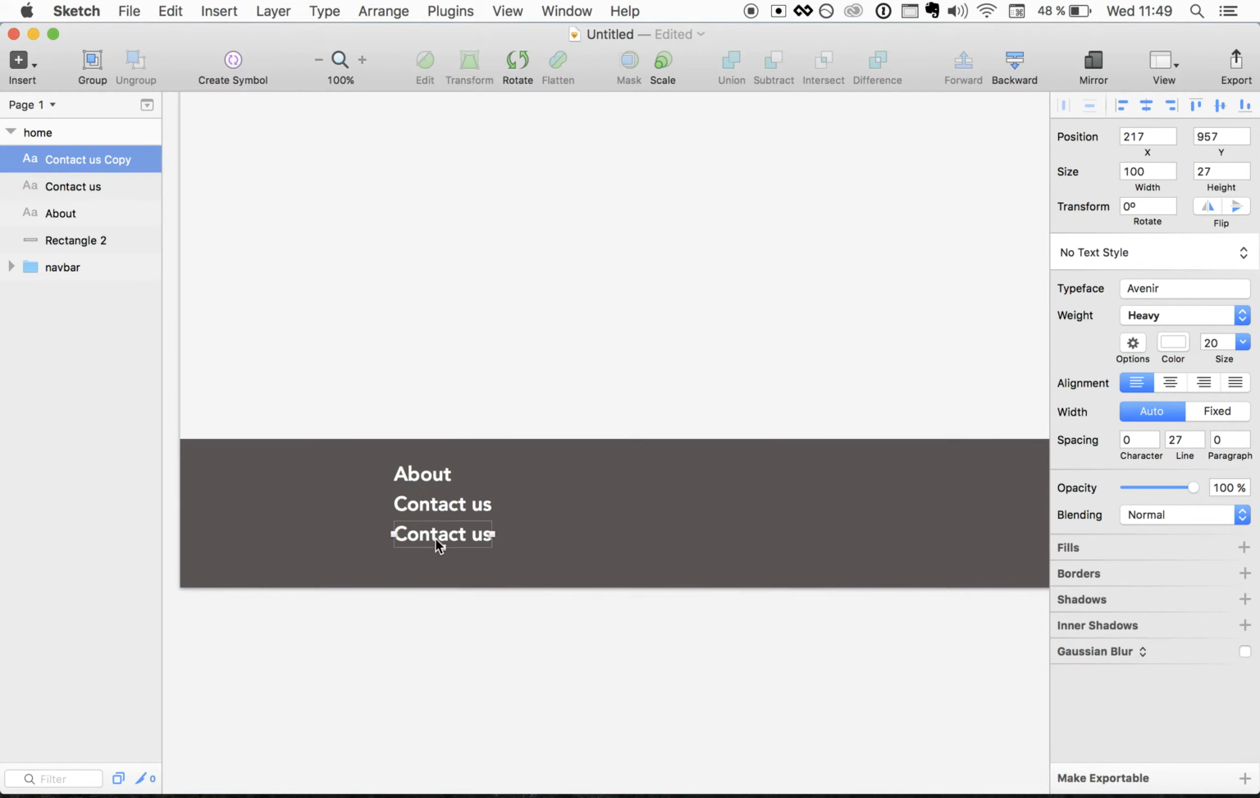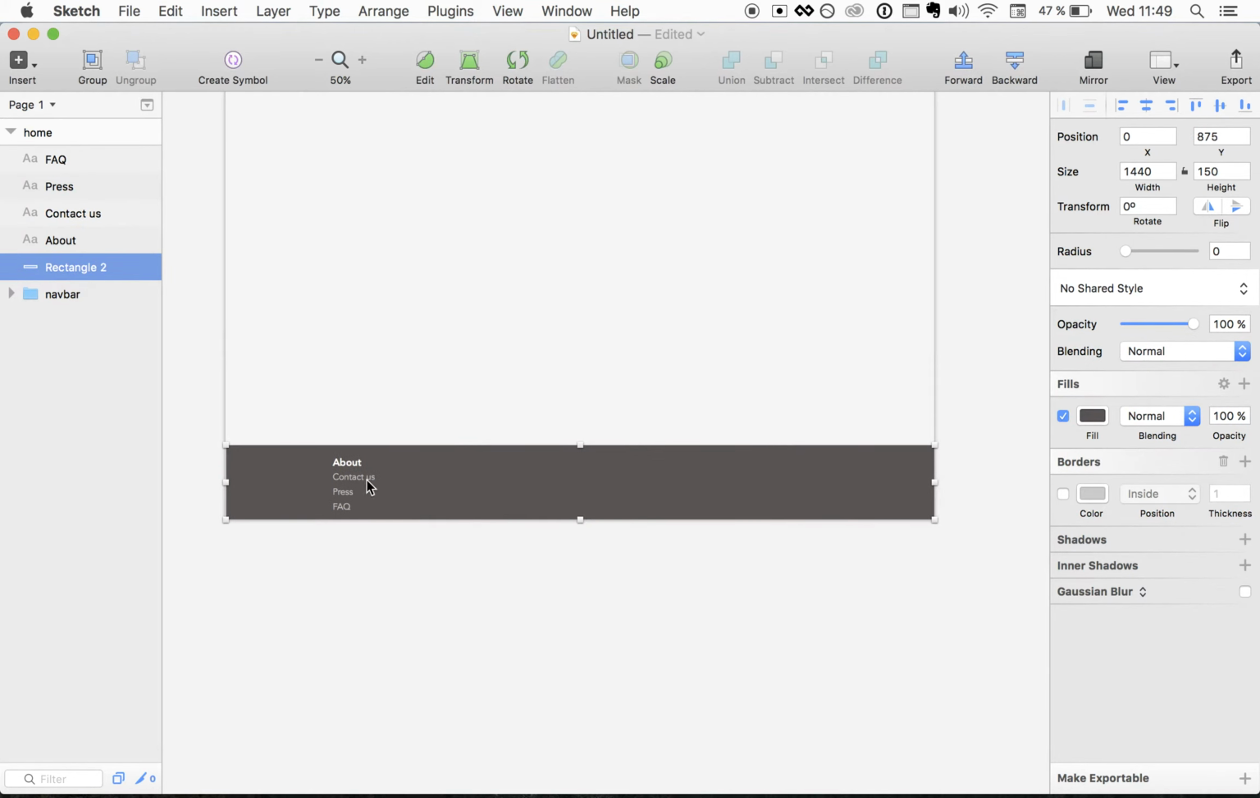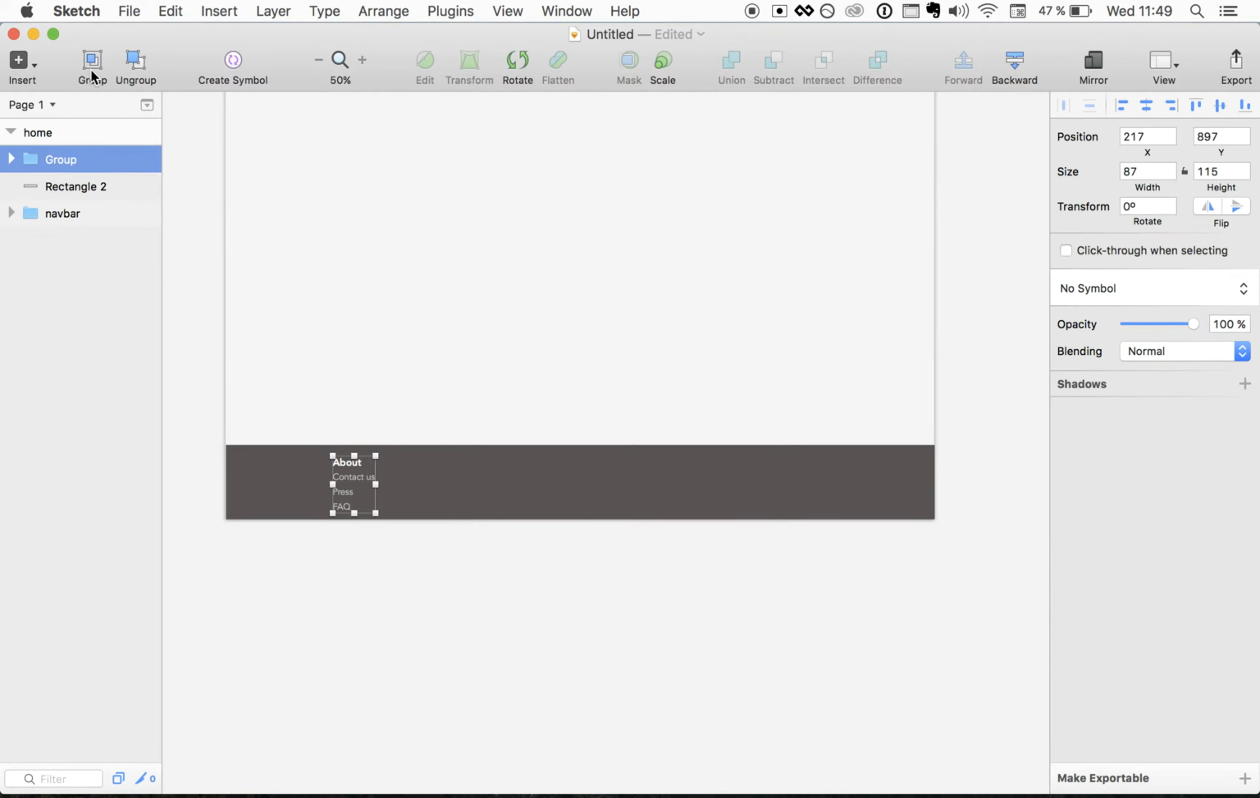What else? Let's say press and FAQ. Okay, maybe these three ones I want a different design, so I will make them light, a bit smaller, let's say 18, and put some opacity like that, so it creates a contrast with the main header. Okay, so I've got this. I can just select all this, group it, and call it like nav or footer